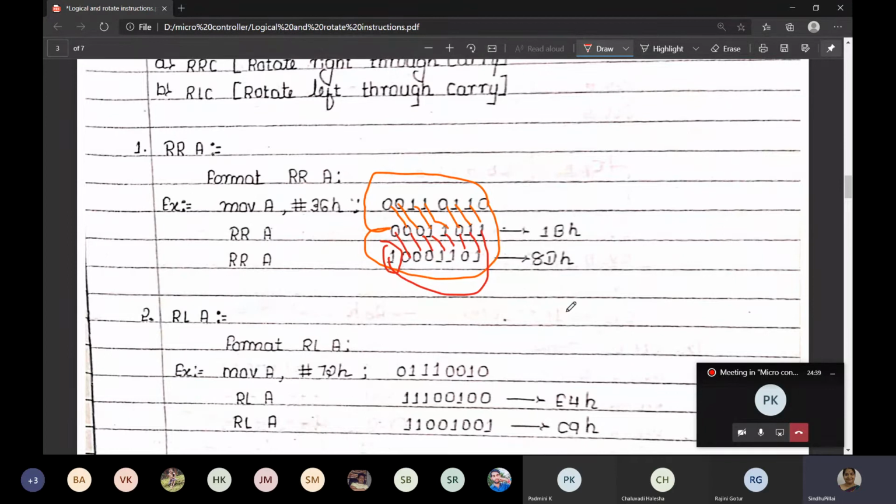In this way the rotate operation will work. So the answer will be 8DH. Understood? This is how the rotate operation will happen.